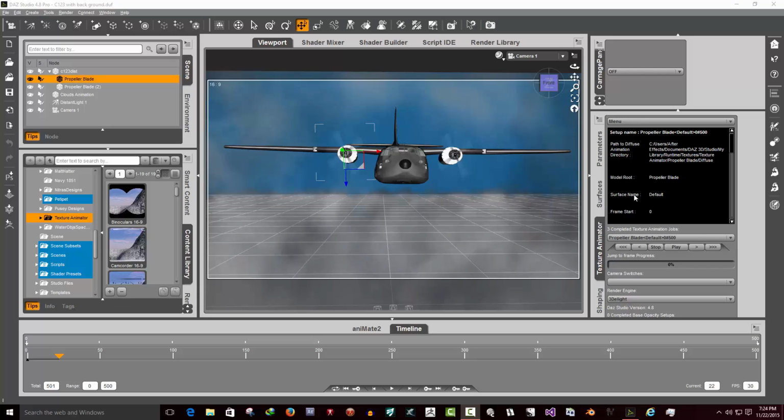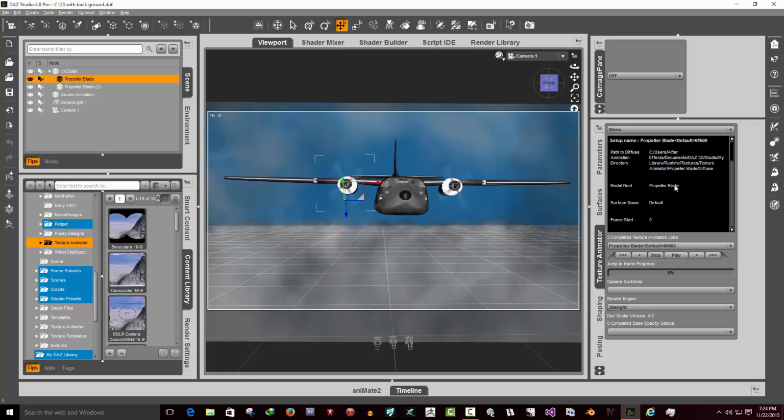Hello everyone, and this is to tell you the great news that the Texture Animator plugin for Daz Studio 4 updates are completely done, and did quite a few bug fixes and really updated the code so it would be more compatible with Windows 10. We had some problems from some users that were getting some errors on some configurations of Windows 10, some math errors, division by zero errors, and